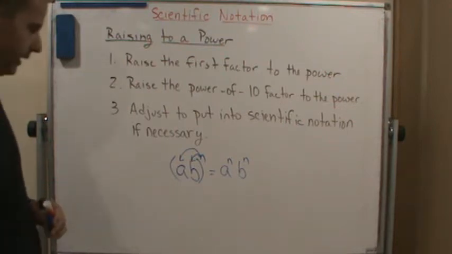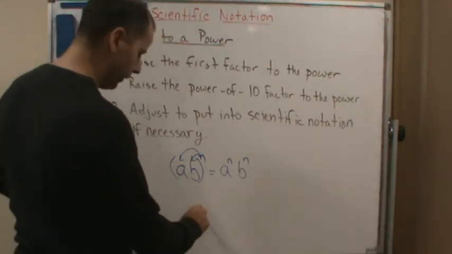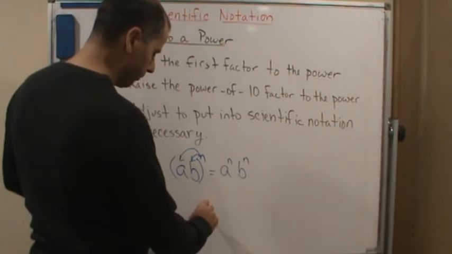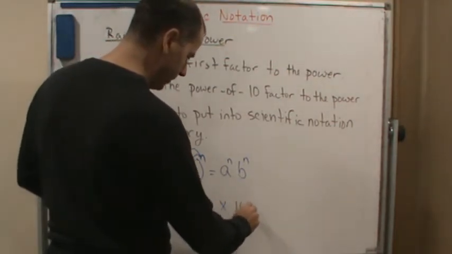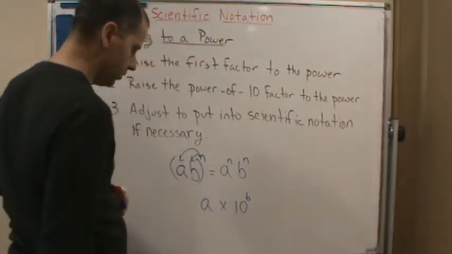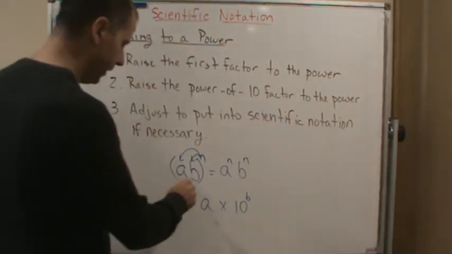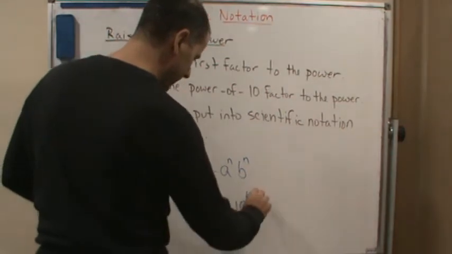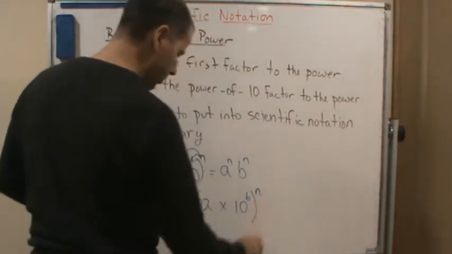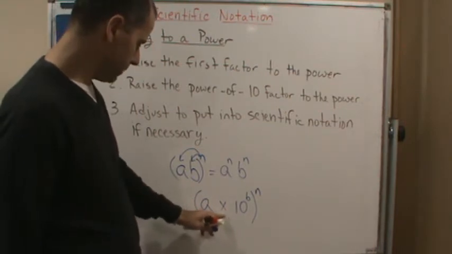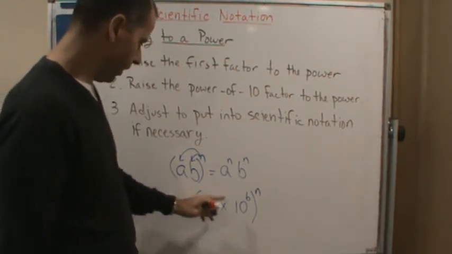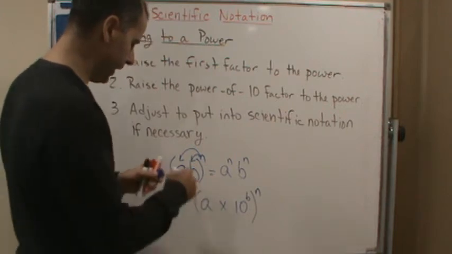All we're doing is doing the same thing where we have something like this, a times 10 to the power of b, right? And then we're going to raise this whole thing to a power. Well, because this is multiplication just like here, all we're going to do is distribute the n